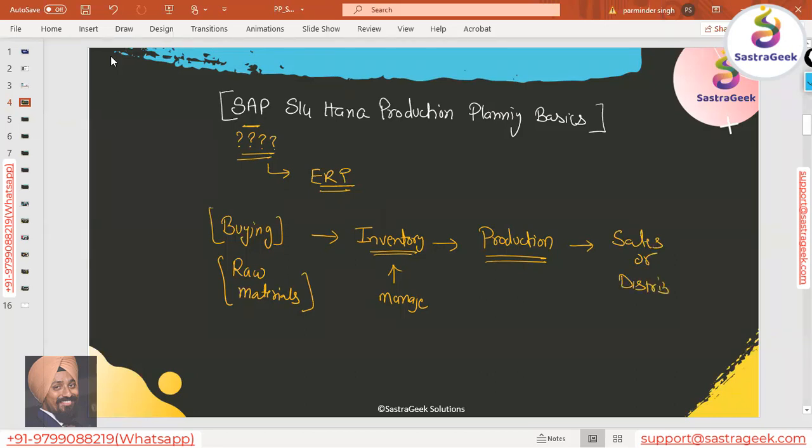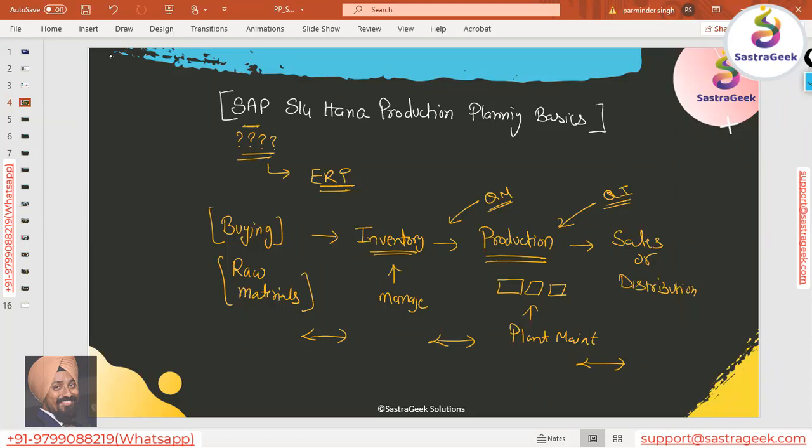So in any industry you go, you will be seeing these functions. We buy the material, we store the inventory, we produce, we again store the inventory, we sell it. In between, so many things will come in the enterprise. Quality management would come here, quality inspections will come here. For your machinery, you can also have plant maintenance, which will come here. And all of these things are linked with each other. This is the full industry, and all of these things link to one another.